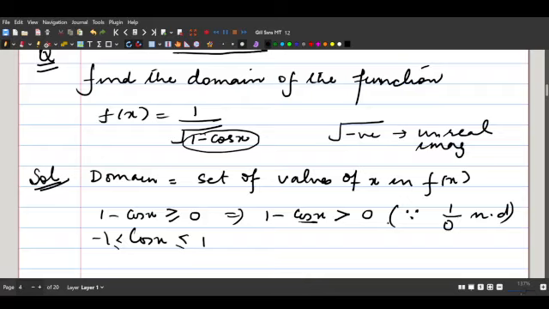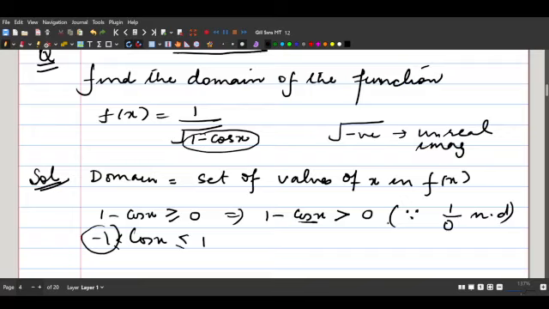So ultimately I can take all the values which are less than 1. Only cos x equal to 1 we have to remove, but the rest of the values can be taken. And if cos x takes the minimum value minus 1, still the expression will become